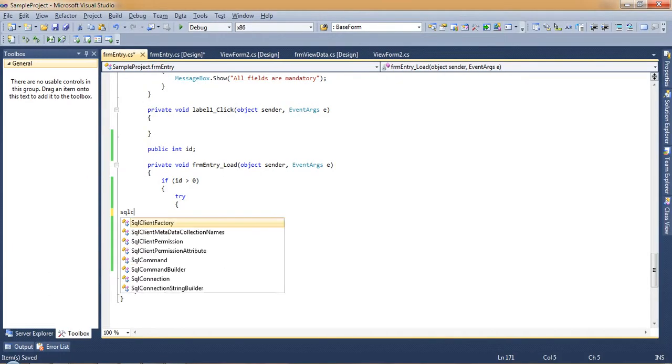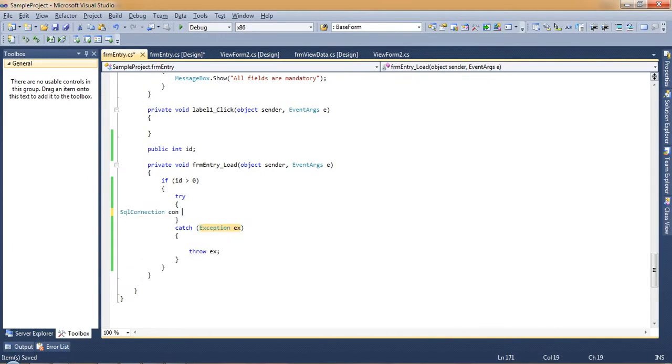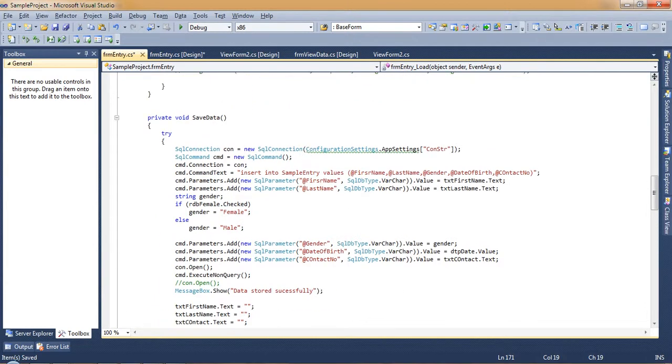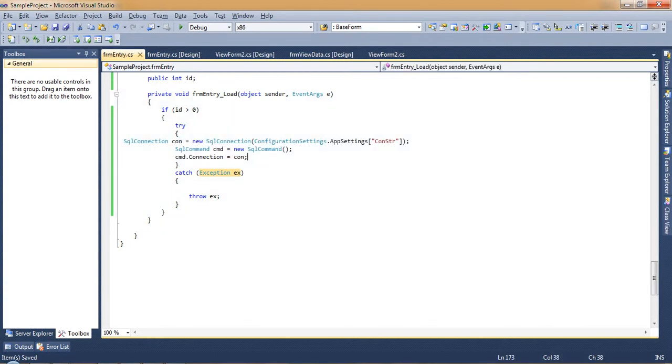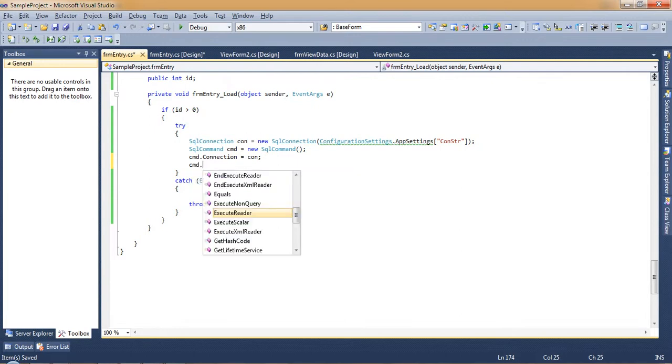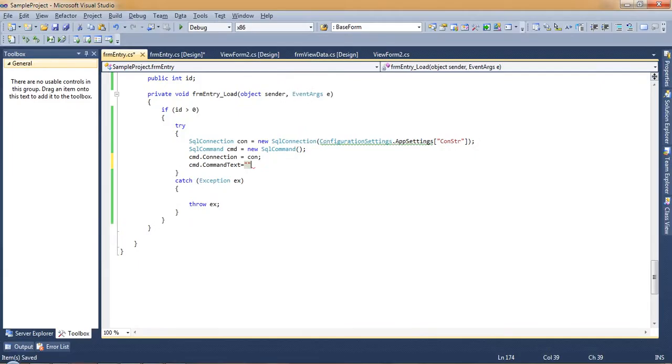We'll create a SqlConnection con, which I will copy from here. So I just created the connection and command. I will write the command text: cmd.CommandText equal to, and then I will write this query.